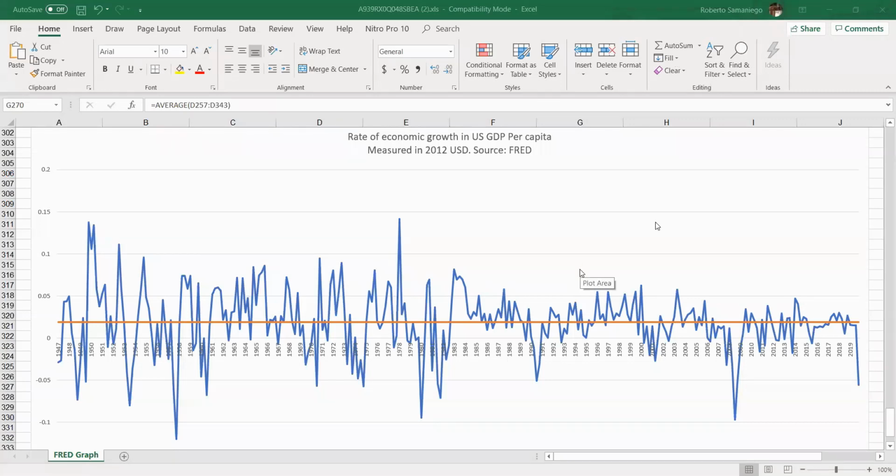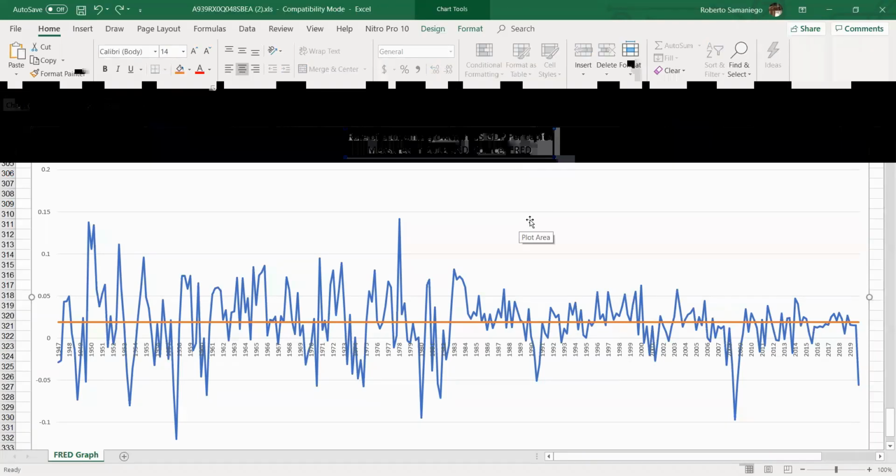First, we're going to look at a couple of things that we're going to refer to as stylized facts. These are general features of economic growth that we're going to take as given that are going to help us when we're trying to figure out how we should model economic growth. And these facts are sometimes known as the Kaldor facts. The first one is what we see here,